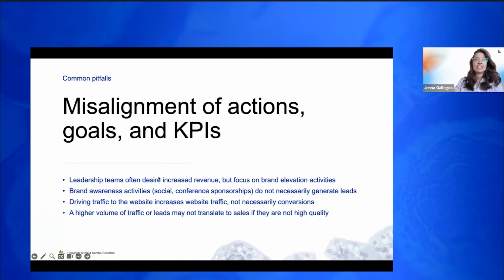Oftentimes there's a disconnect between what people want to track in terms of their goal and what activities they think they should do. Very often we see board members, for instance, that want more revenue, and they think the way to do that is to overhaul the website. But as I've said, that website overhaul may be very expensive and may take 6 months, and you're not going to see a revenue gain in the meantime. There might be other activities that we can engage in immediately that are going to help you meet that revenue goal, that'll help you build out budget to do that brand elevation work down the line.